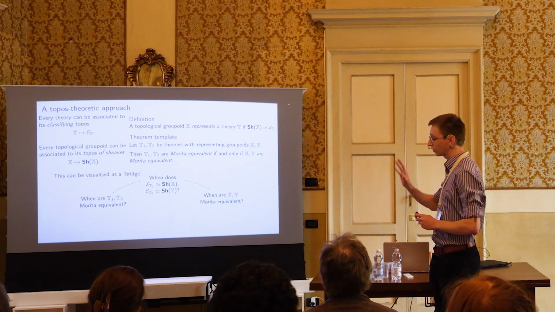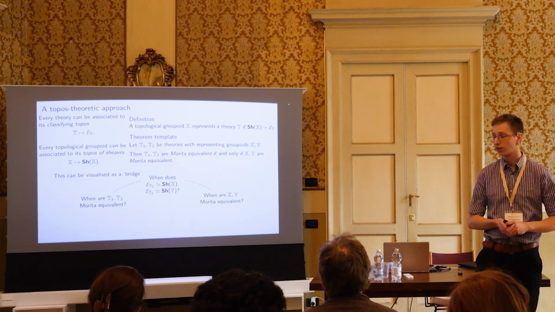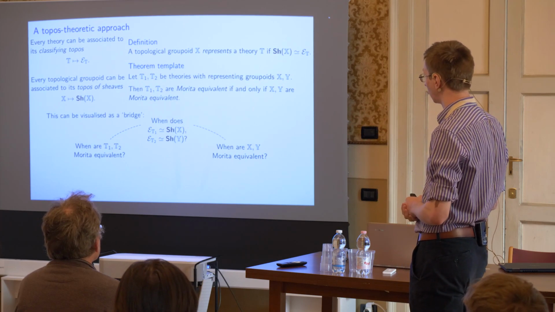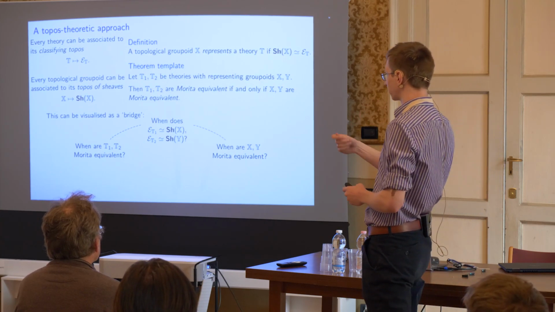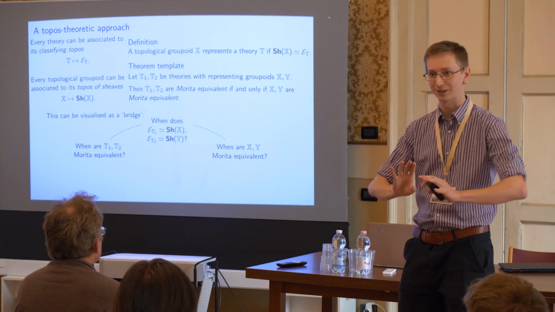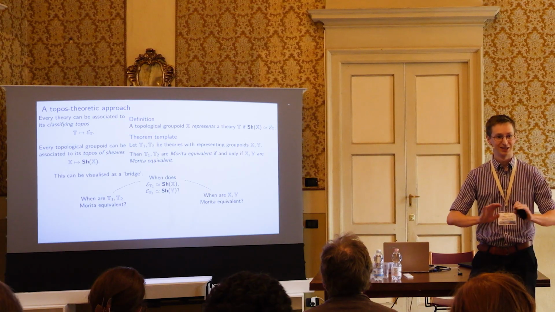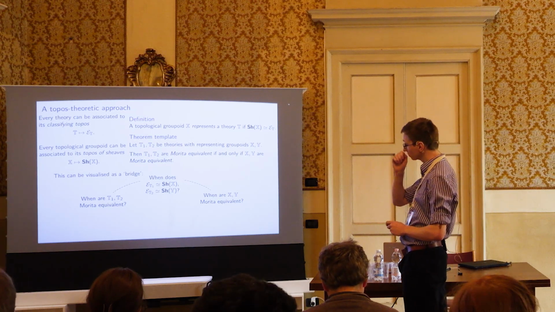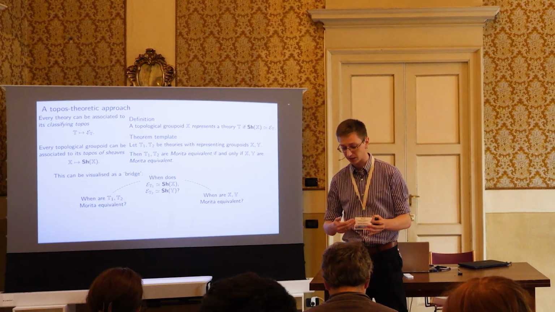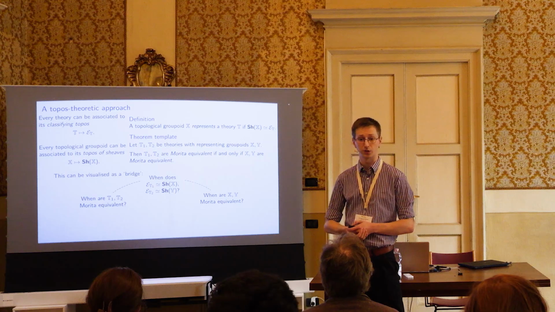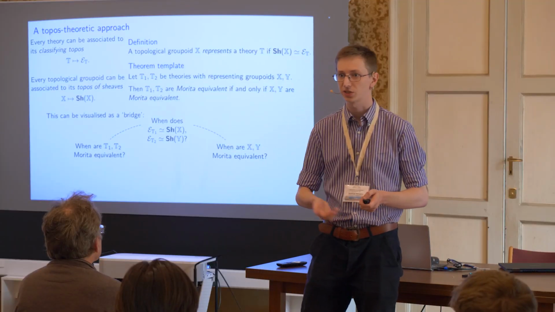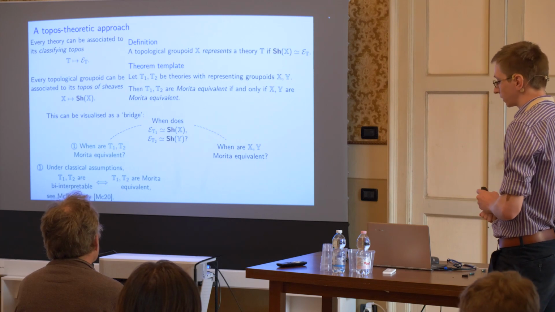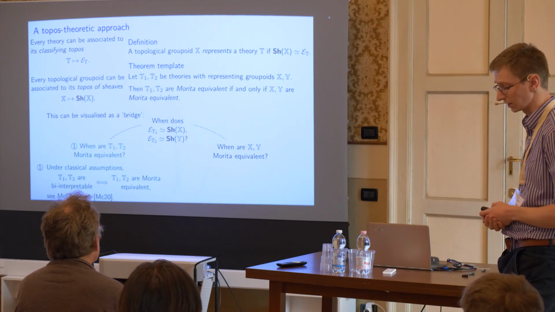So this can all be visualized as a bridge diagram. The sort of questions we need to answer: when two theories are Morita equivalent, and hopefully everybody's kind of au fait with what that means. We need to understand when a theory is represented by a topological groupoid, and then we need to understand Morita equivalence of topological groupoids. So the first one can be sort of taken as a definition,